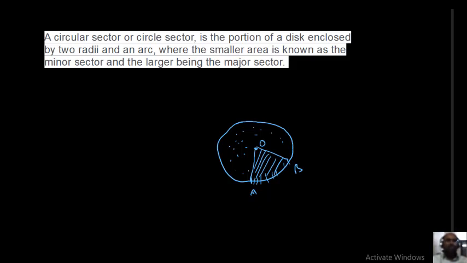We have a formula to find the area of the sector. For example, the angle made by this arc at the center is theta degree and the radius of the circle is r. Then by using the formula theta degree by 360 into pi r square, you can find the area of the sector. This is one of the useful formulas to find the area of segments. If this is theta, this is the area. What does 360 minus theta mean? You get the area of the dotted sector.